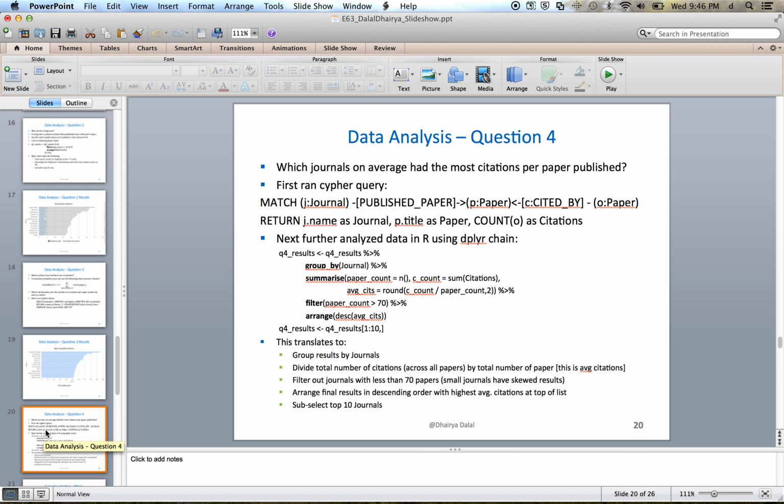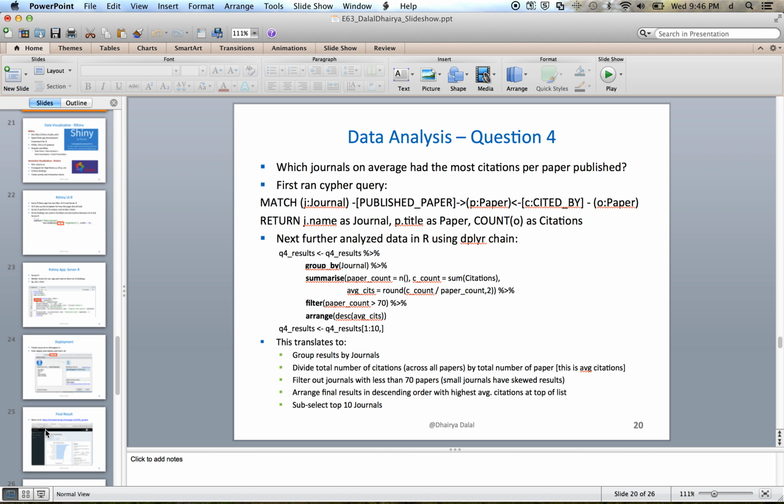Finally, I took a look at which journals on average had the most citations per paper published. I first ran the Cypher query like so, but since I didn't know how to get Cypher to answer the specific question, I used another dplyr chain to do some further analysis, aggregating the results by journal and then dividing the total number of citations by the total number of papers to get my average citation score. And then finally I was able to